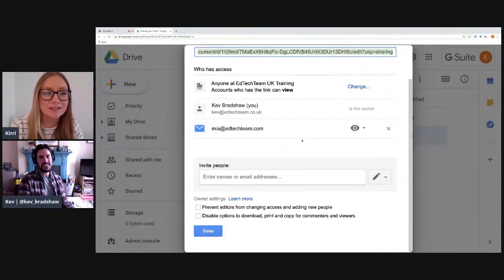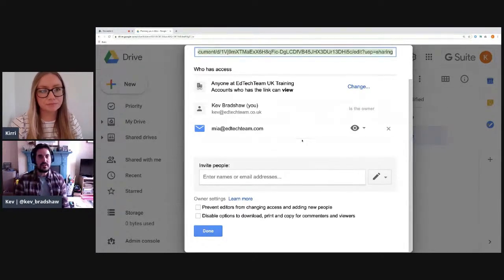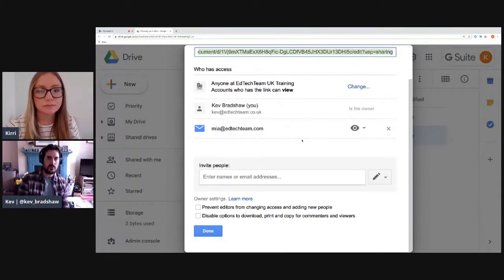I know probably when you first started doing this with me, I was like, there's too much, but you start to find the use cases of why you might use certain sharing settings for certain reasons. Oh yeah, absolutely. And having those different levels of restriction really does help, especially with collaboration, because you might not want everyone having editing access, because then everyone can delete or remove certain parts of the document, and really maybe all you want is for them to be able to view it. So it's great to have all these different levels of access.